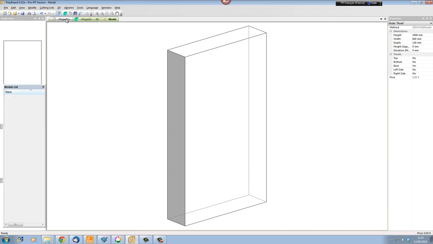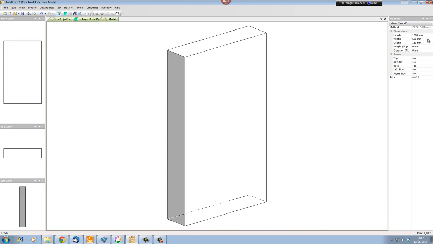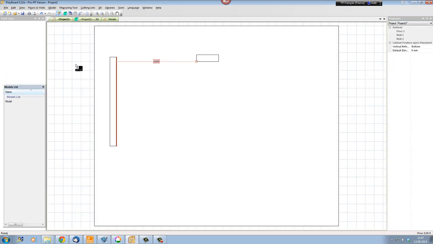So let's go into our project mode here, and I don't know what distance I've got between these two walls, so let's take our horizontal measurement tool, up to here, and we have 1 meter 80, 1,800 millimeters. So if I go into my model here, and my width, I will call it 1,800, and the total height will be the height of my wall here, which if I look in 3D,